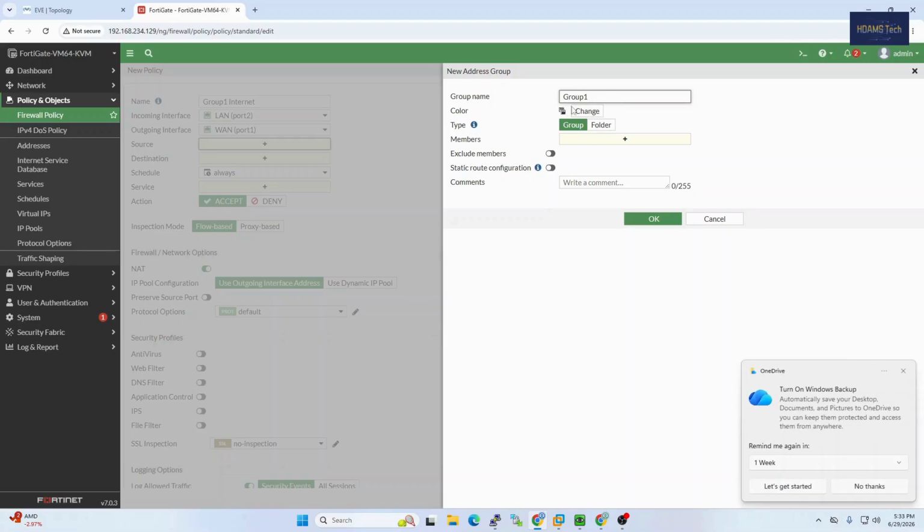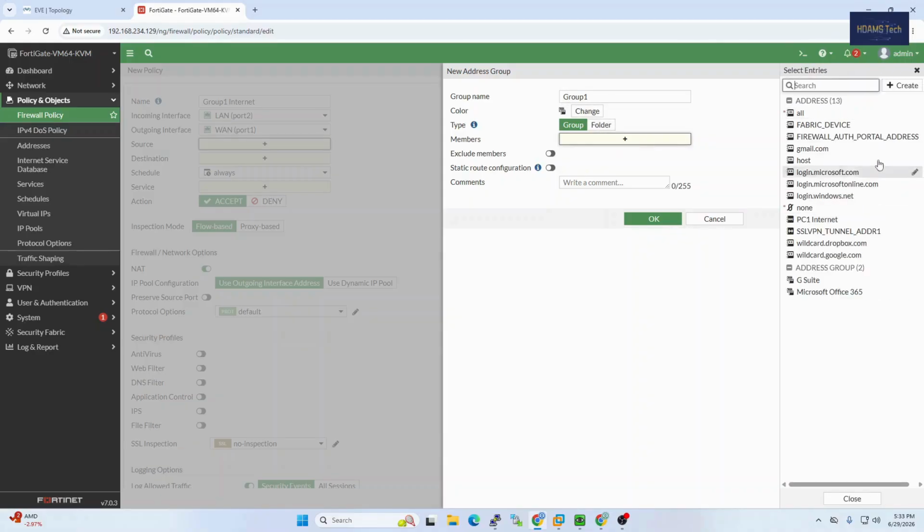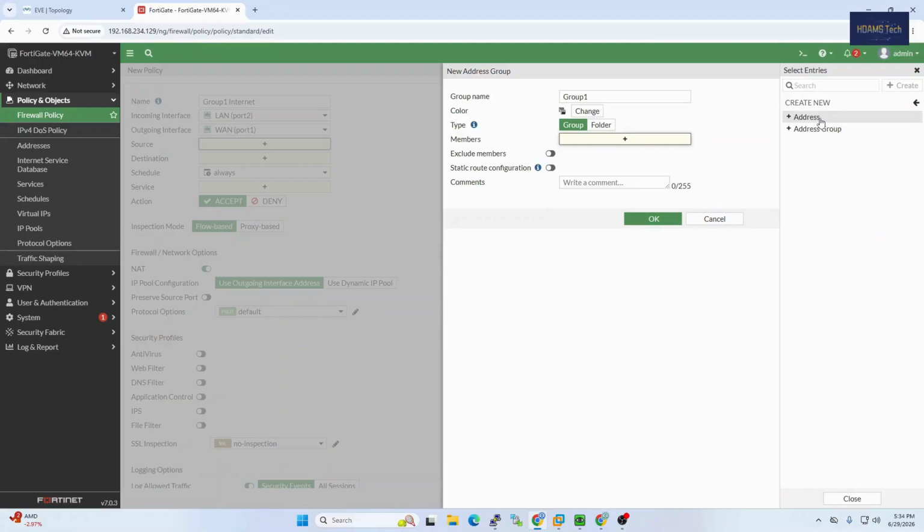This is group 1 actually. So again what we will do here, members, here we have to add the members. So add here, create address